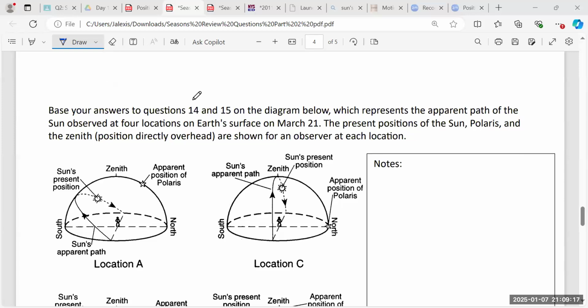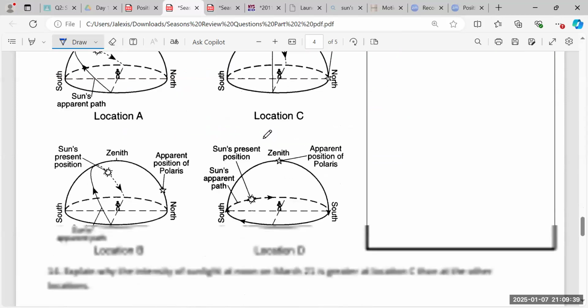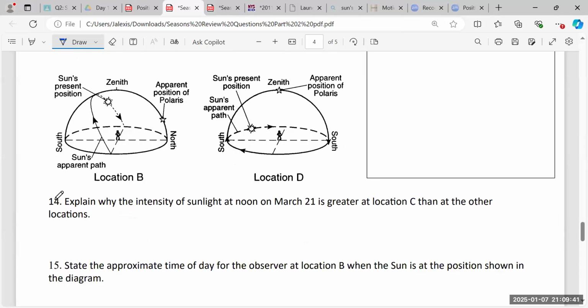Base your answers to questions 14 and 15 on the diagram below, which represents the apparent path of the sun observed at 4 locations on Earth's surface on March 21st. So make sure we highlight that. The present positions of the sun, Polaris, and the zenith, positioned directly overhead, are shown for an observer at each location. Number 14, explain why the intensity of sunlight at noon,